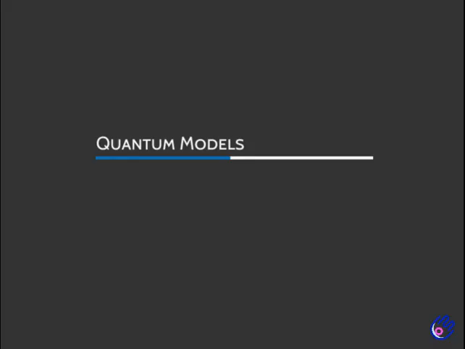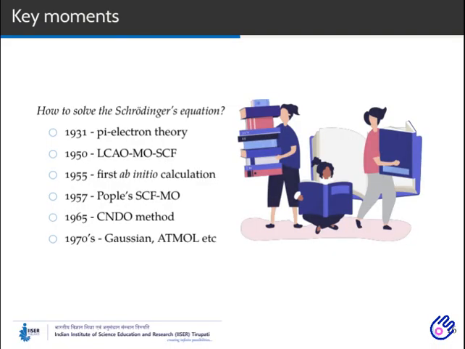Let's move on to the quantum models. Quantum model is all about solving the Schrödinger equation. I hope you are all aware of the basic principles of quantum mechanics and the significance of Schrödinger's equation. Some of you may even have solved the one-body hydrogen atom problem in your post-graduation. So the problem with the Schrödinger equation is that when we consider a simple many-body system with more than one atom, it is complex to solve the equations analytically.